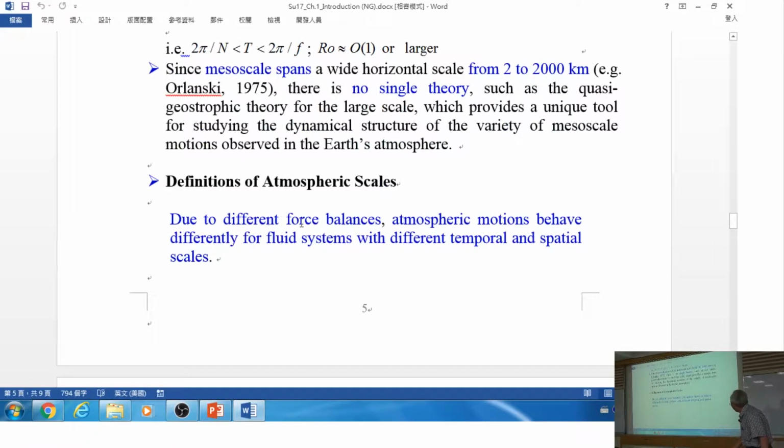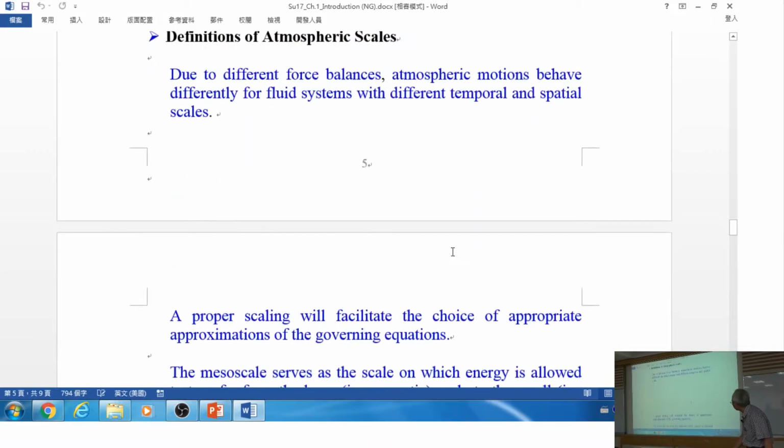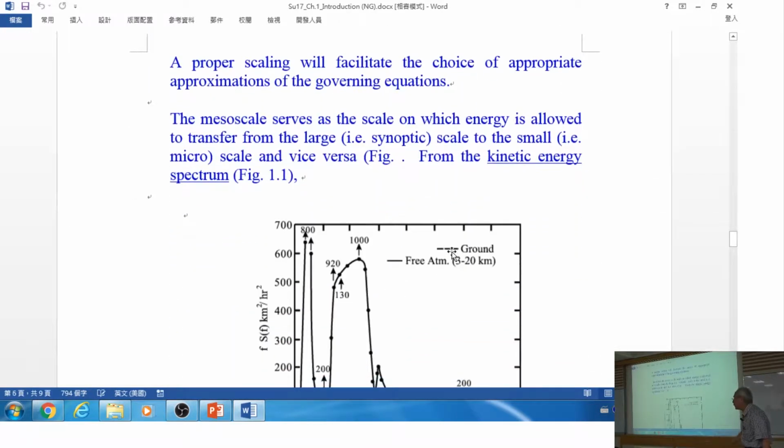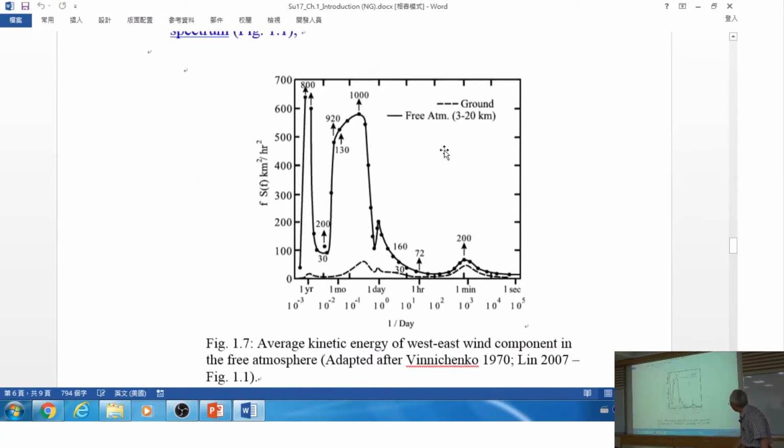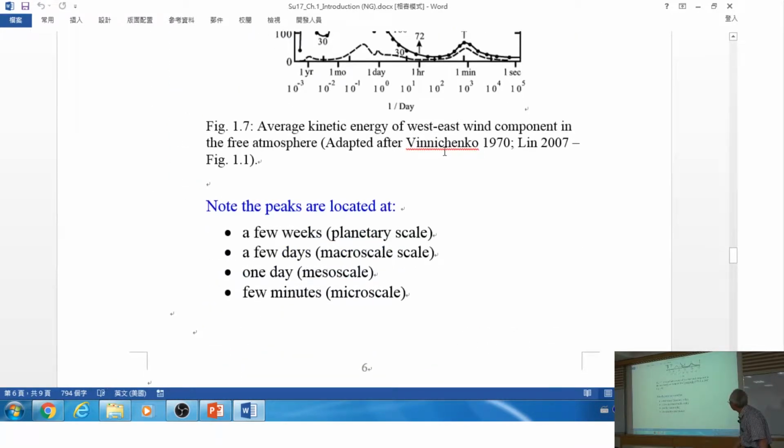Due to different force balances, atmospheric motions behave differently for fluid systems with different temporal and spatial scales. To save time, I think you probably know this already. So basically, what I wanted to say is: